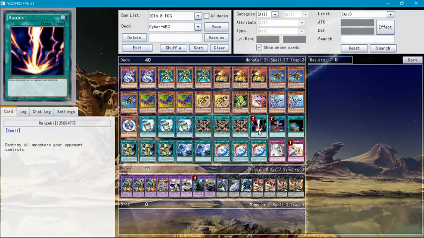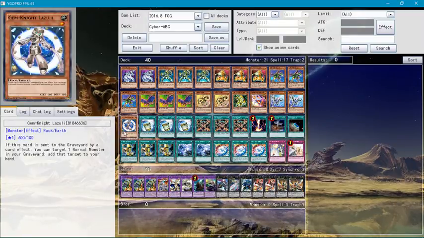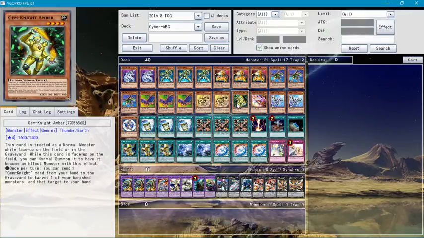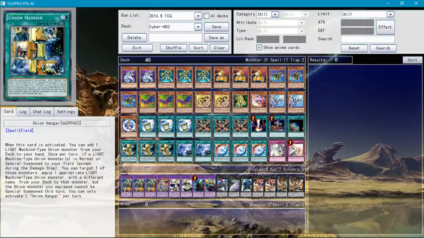1 Raigeki, it's optional, but I recommend it. Just destroy all your opponent's monsters. Foolish Burial, send one monster from your deck to your graveyard. And there's the point of Gem Knight Lazuli: if you send this to the graveyard, and this guy is in your graveyard as well, you can add it to your hand. And Terraforming, I know you really need some, but in this case, Union Hangar is a pretty good